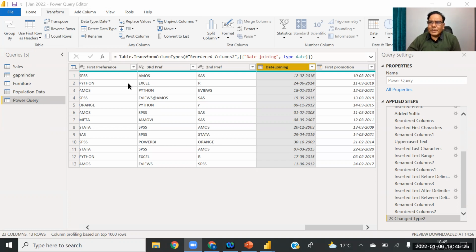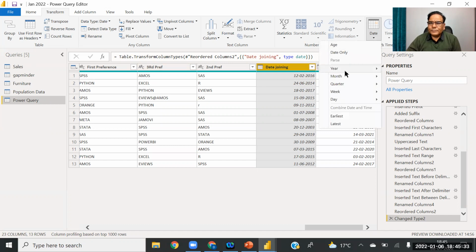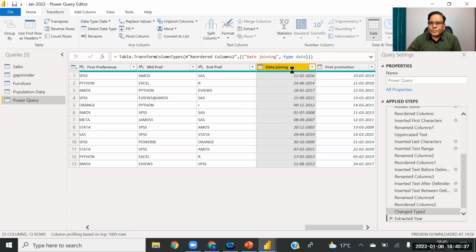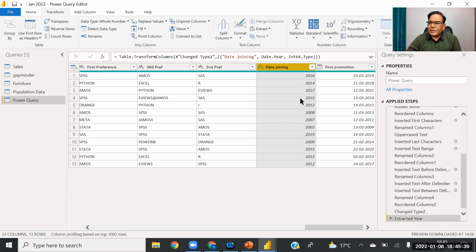What is the difference? If I stay in Transform and apply any change, for example year, you can see that the existing variable transforms and the old data will go. This is the problem with the transformation.